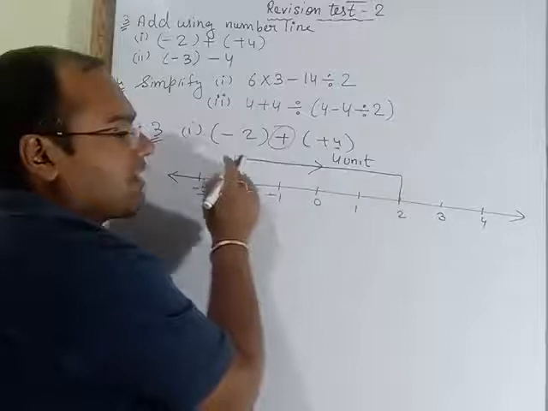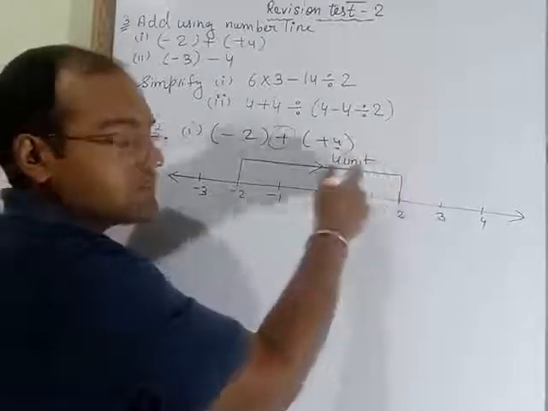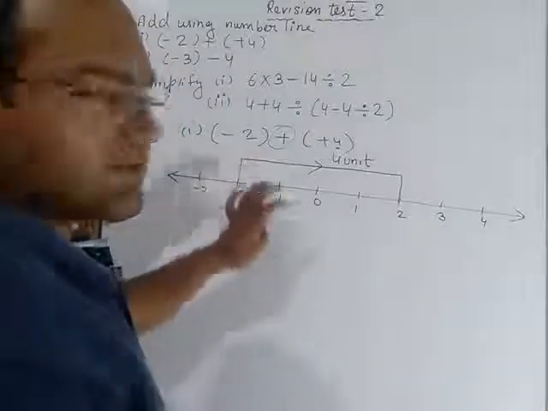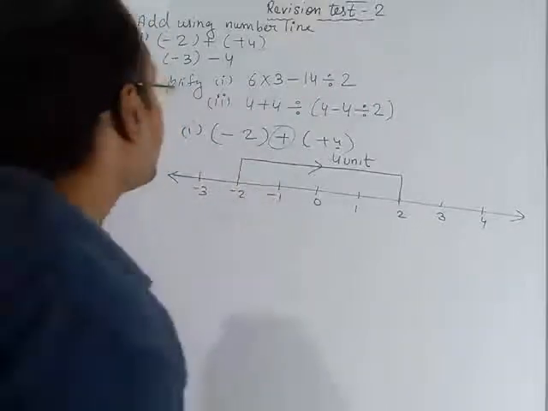What do you have to write? We are moving right side. How many units? 4 units. 4 places we are moving on the right hand side. So like this you have to draw this number line. Now the second part is